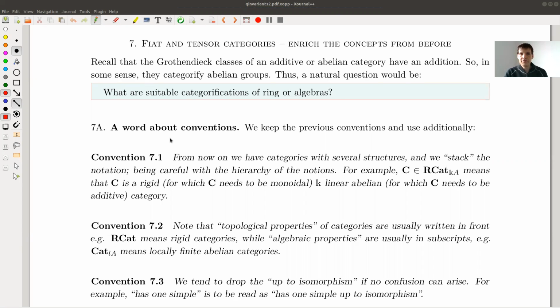Okay, welcome everyone to my seventh lecture on quantum topology without topology. Today we want to connect what we have seen so far, or we start connecting what we have seen so far. Last time I did a little bit of homological algebra, or linear algebra in categories, like additive categories, linear categories, abelian categories.